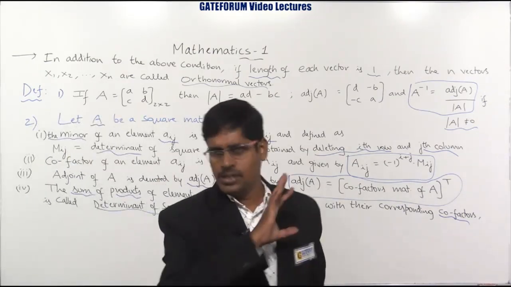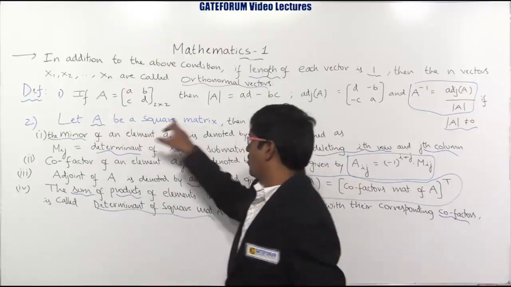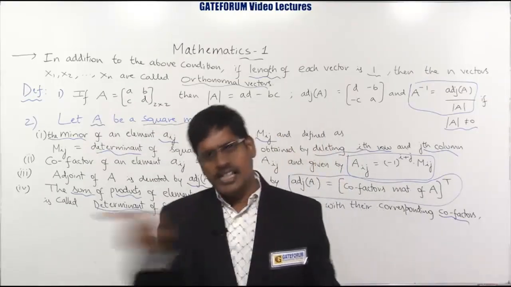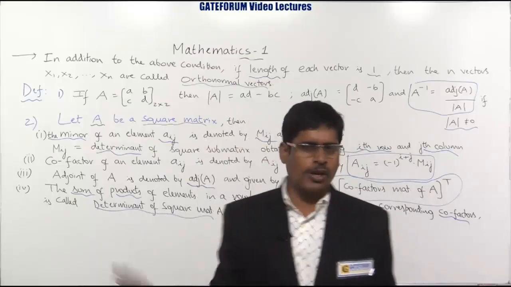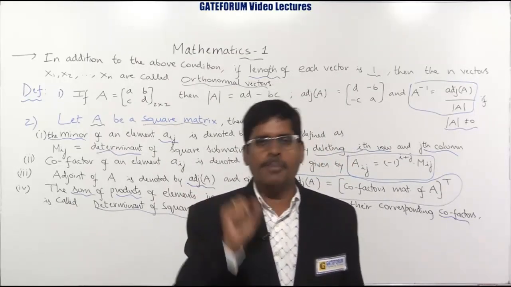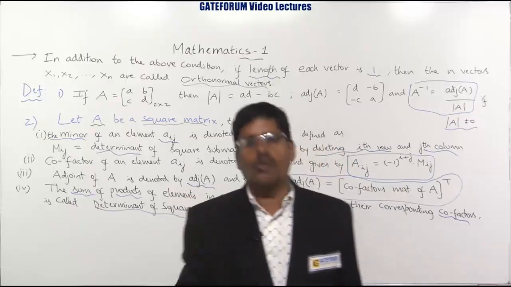For example, all these definitions are related to square matrix. First of all, remember, take any row, first row, second row, third row, any row or any column, each element multiplied by its cofactor,